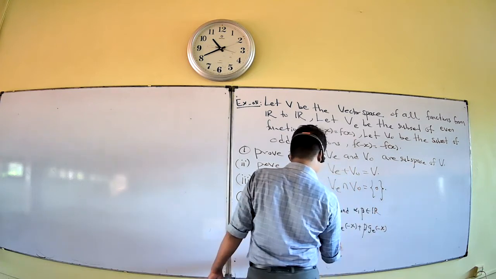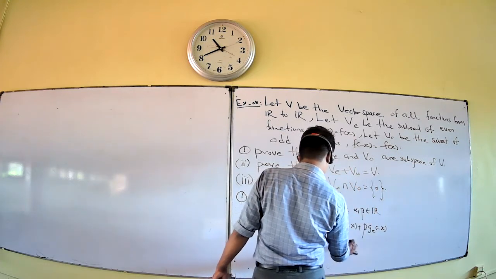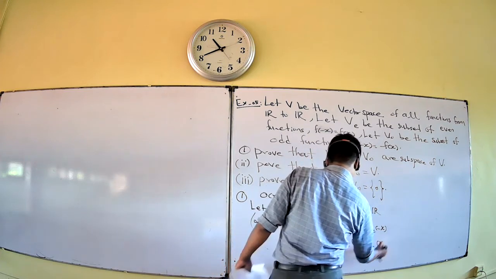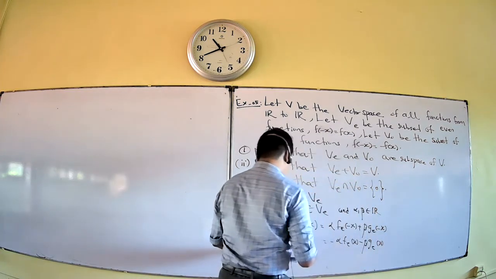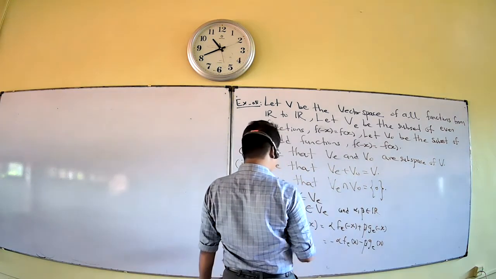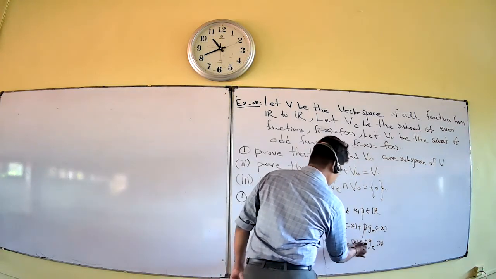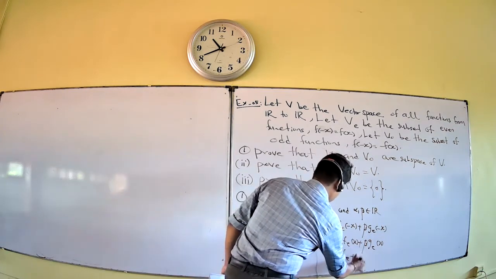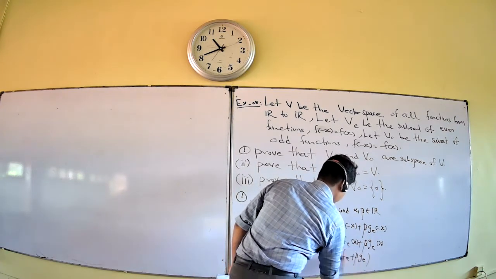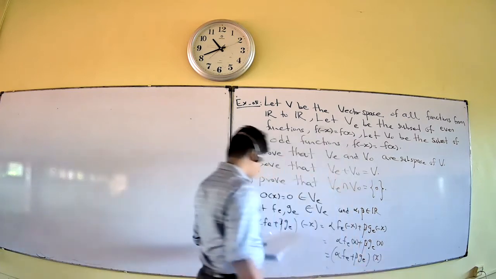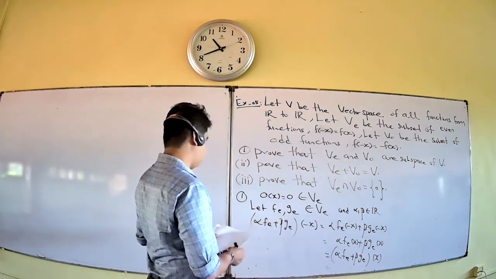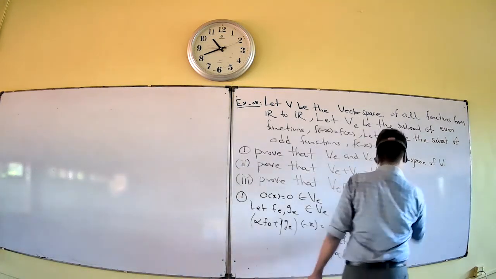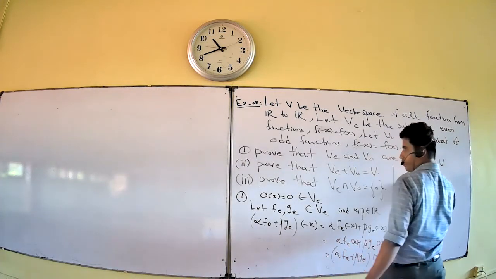So this is minus alpha f_E of x minus beta g_E of x. You take minus, but this function is an even function, so then it's plus, sorry. So then we can write alpha f_E + beta g_E of x. Therefore this alpha f_E,